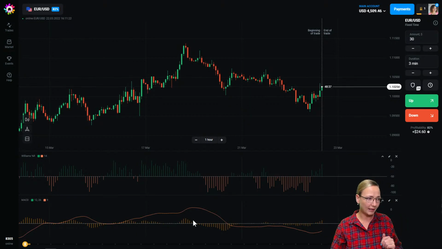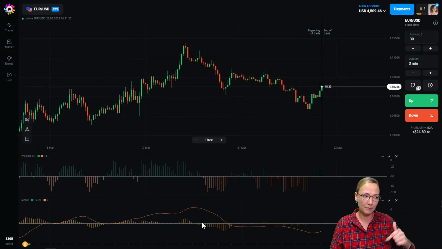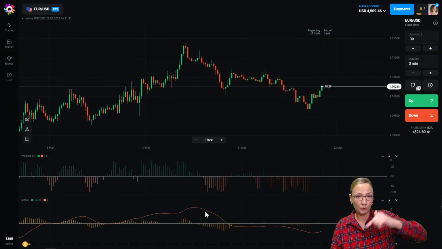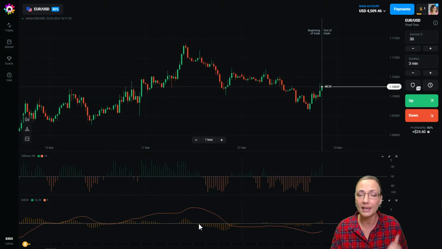As an example right here, you see how the signal line is so far above the midline. That means the asset is overbought. We see that the line is starting to move down from the overbought area, and we see that the bars are appearing below the histogram. That is a strong signal. Likewise,